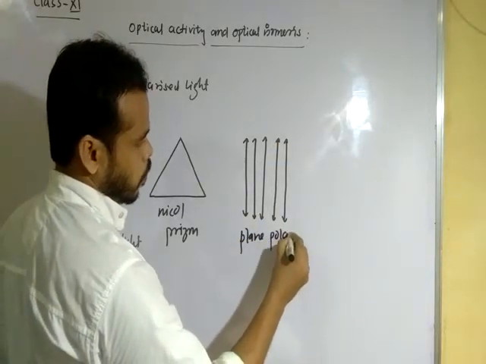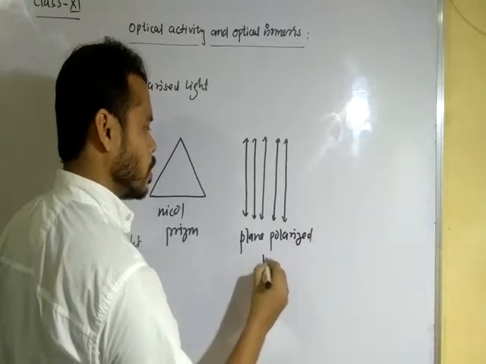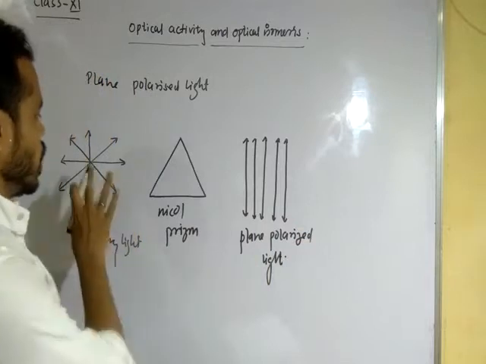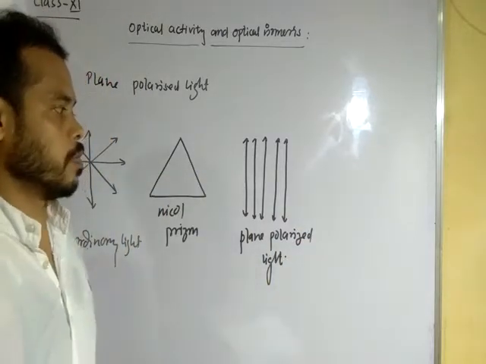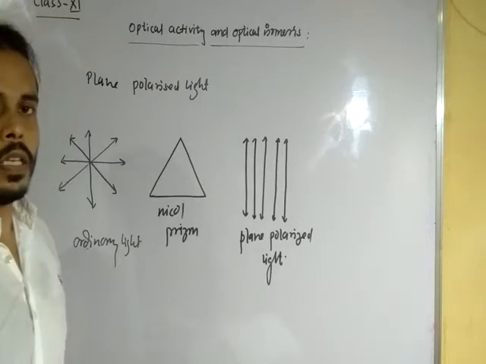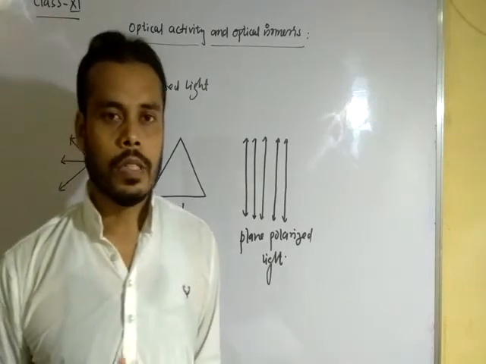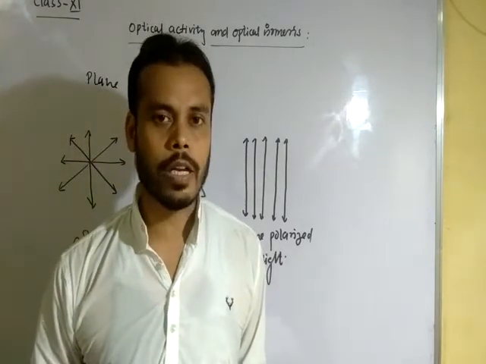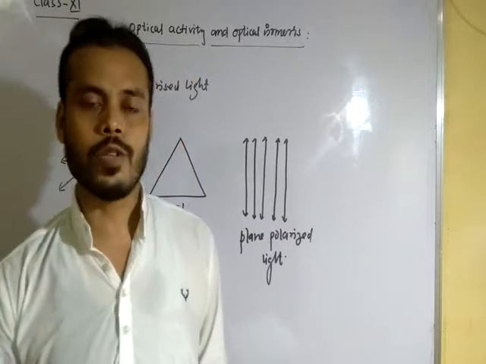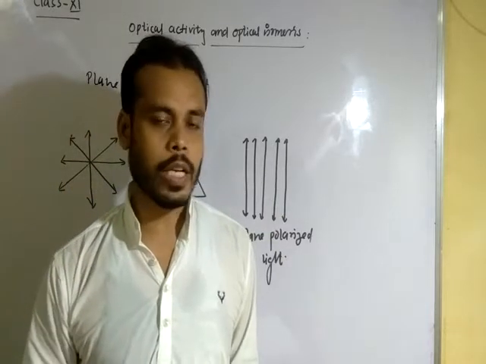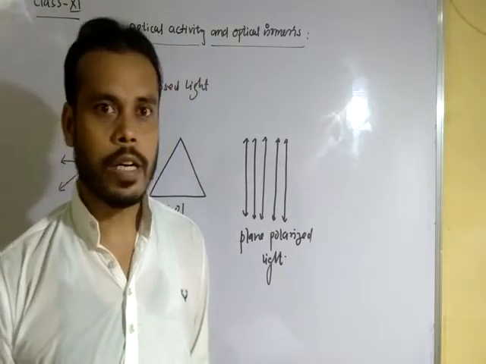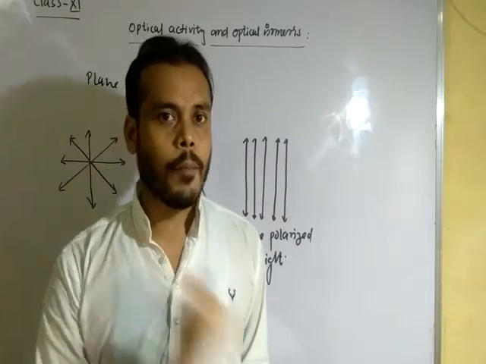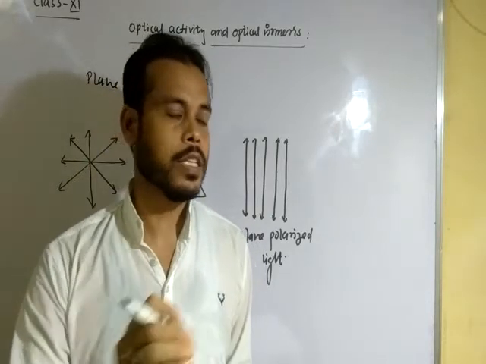Plane polarized light. These lights are obtained after passing ordinary light through the Nicol prism. But some compounds in the universe, inorganic or organic, have a tendency to rotate the plane polarized light towards the clockwise or anti-clockwise direction by a certain angle, and are called optically active compounds, because they have a tendency to rotate